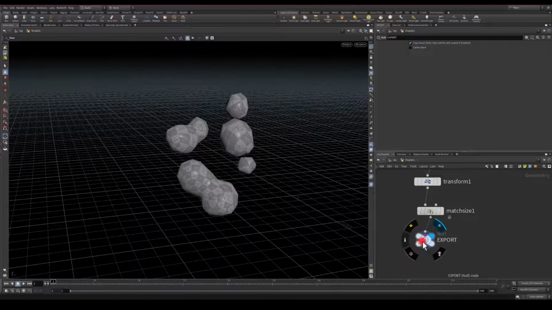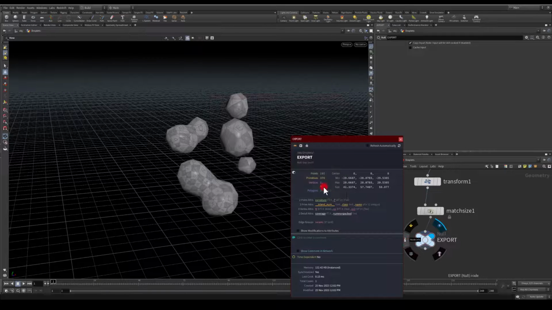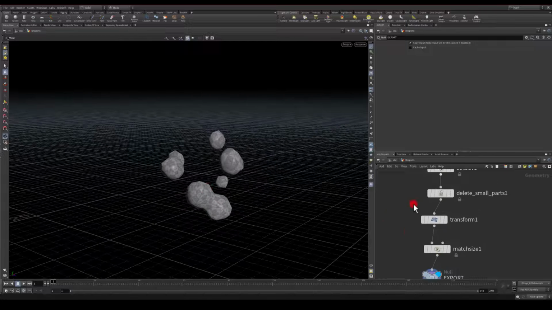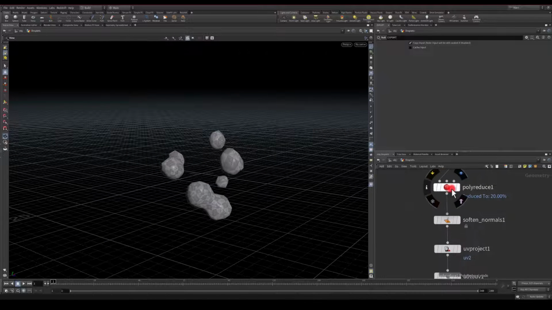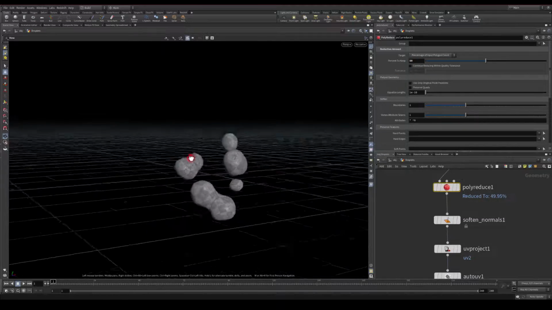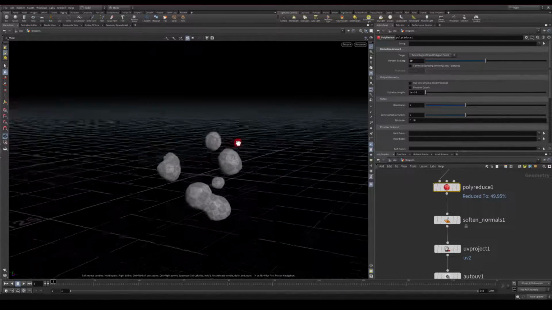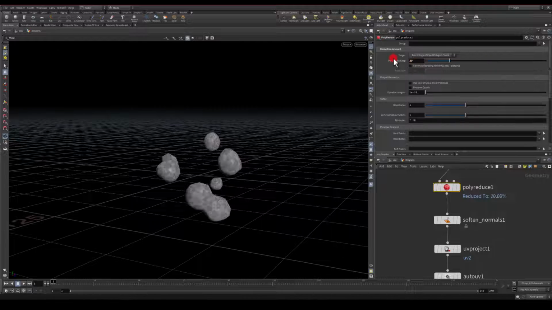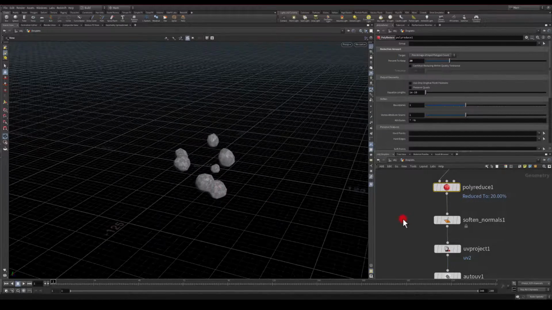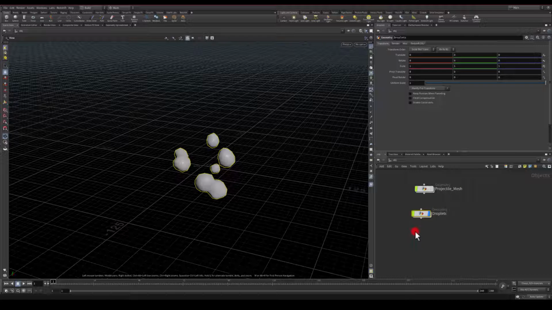Okay, feel free to play with the poly count. I think this is fairly low poly, so I'm just gonna stick with it. However, you feel free to go maybe to poly reduce and increase it maybe to 50% to get slightly better geometry. But I think because it will be so small on the screen, that kind of poly count is okay. I'm gonna go back now, copy the whole system, paste it, hide the droplets,